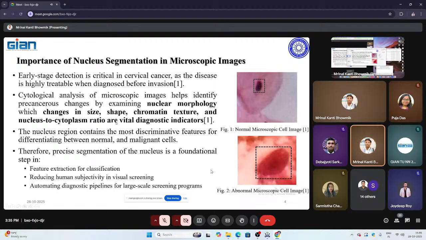So, I want to tell about the nuclear segmentation in microscopic images, as sir told. Actually, this nuclear segmentation, why I only choose the nucleus, because in microscopic images, the abnormality detection has been examined through these nucleus features only. Here I have written second line, the cytological analysis of that microscopic image by examined through nuclear morphology changes, which